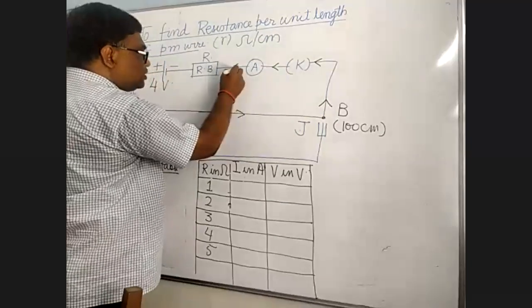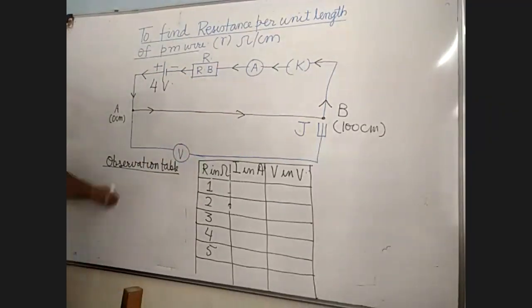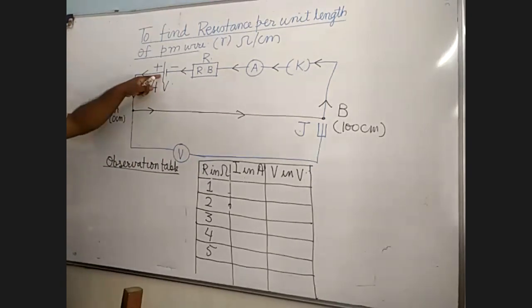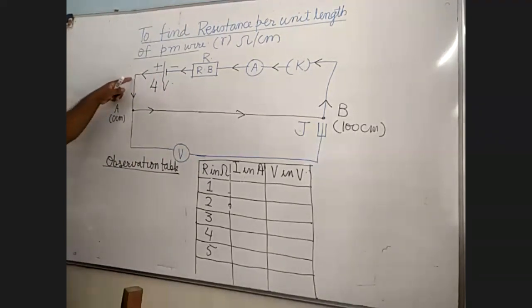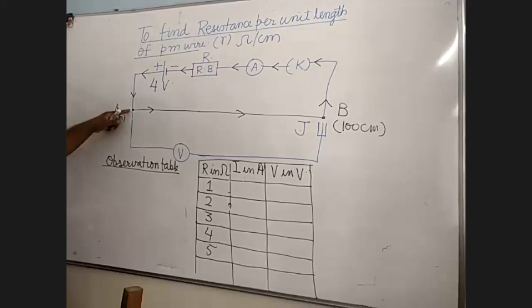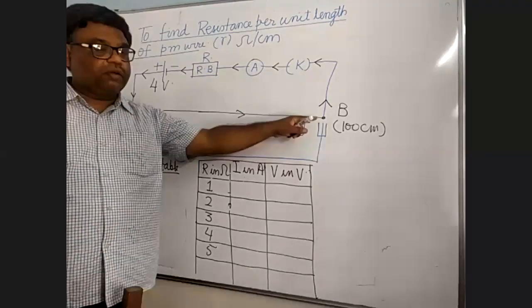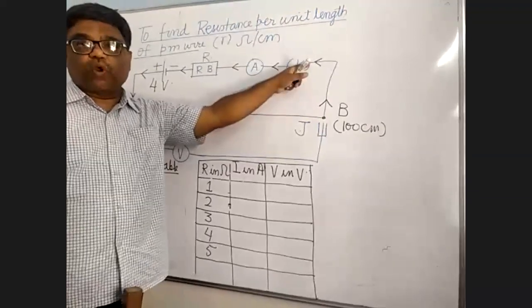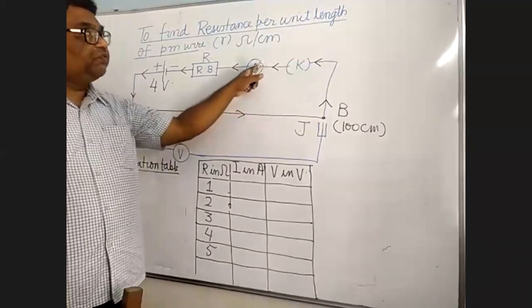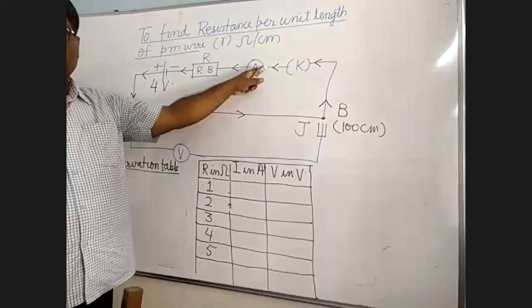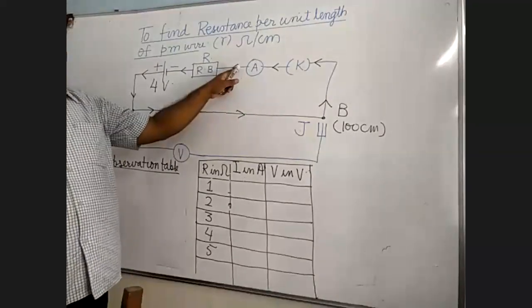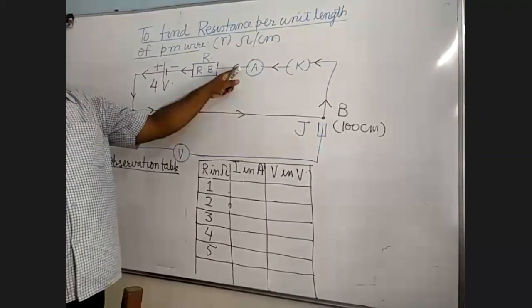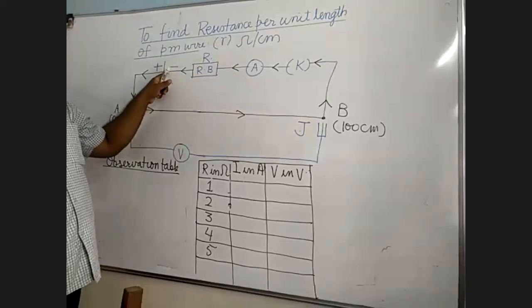The potential drop will be like this. If the potential here is 10 volt, then here it will become 9 volt. Here it will become 5 volt. Here it will become 4.5 volt. Here it will become 3.5 volt. Here it will become 2 volt. It's clear? Here it will become 0.